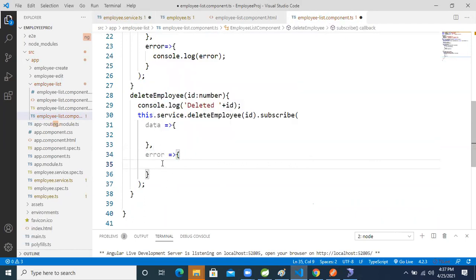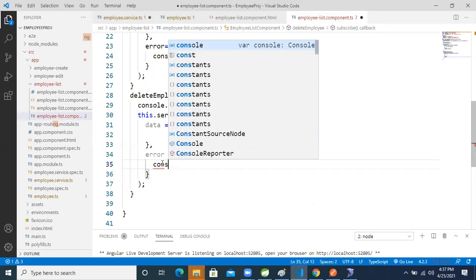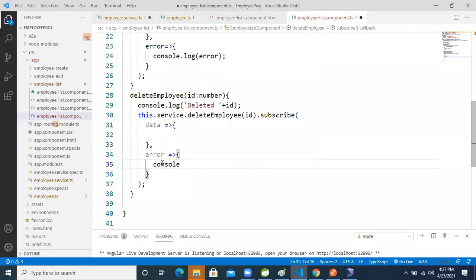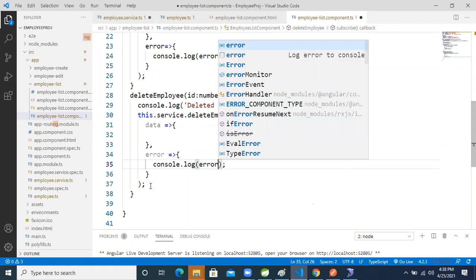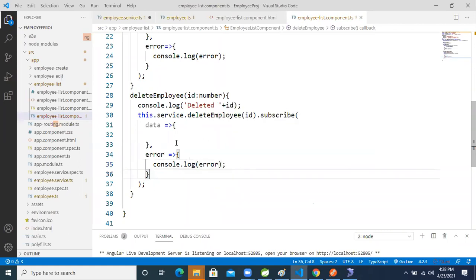Now fine. Here I'm going to write console.log. Inside that I'm passing the error message. Next we will write the logic: console.log error.